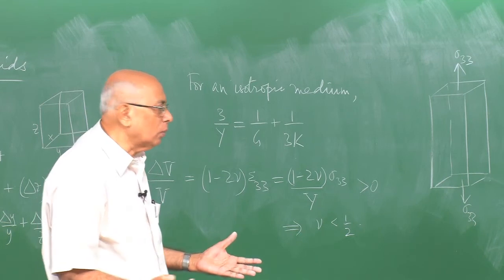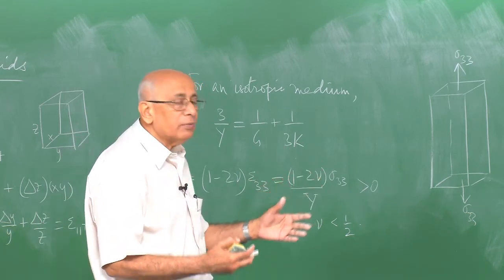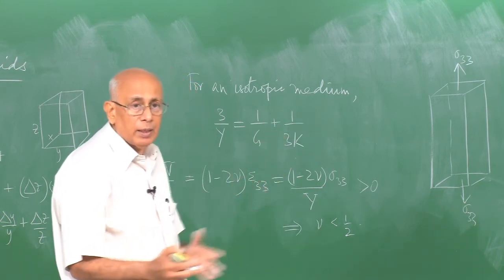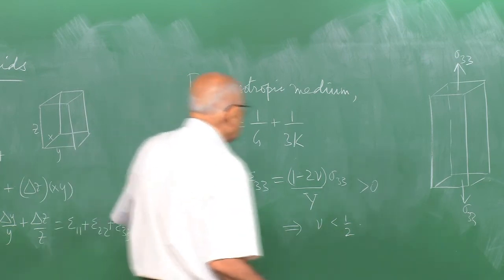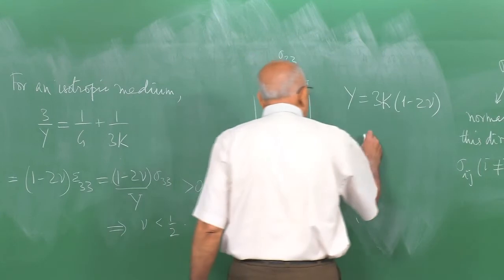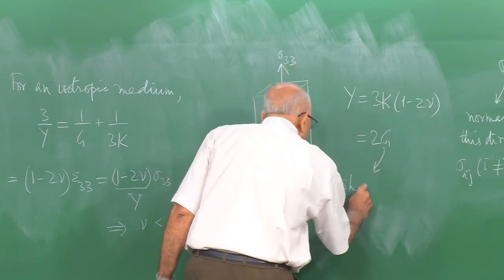You have 4 of them now. You have y, the Young's modulus, you have k, the bulk modulus, you have g, the shear modulus, and you have nu, the Poisson ratio. So there have to be relations between them, and stability dictates what these relations are. One of them is this, and similarly this can also be shown equal to twice g, the shear modulus,